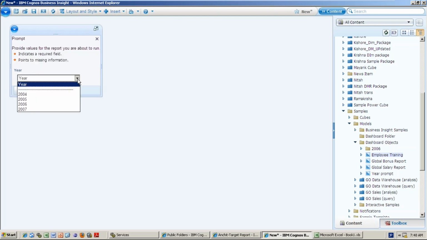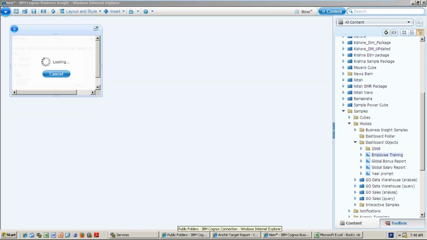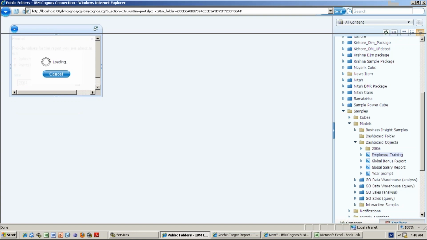In that, one prompt is there. If you ask me, then I give the 2004 data and click OK. So that is the prompt page. If you want to see how that report is created, I will show you. Very simple report.